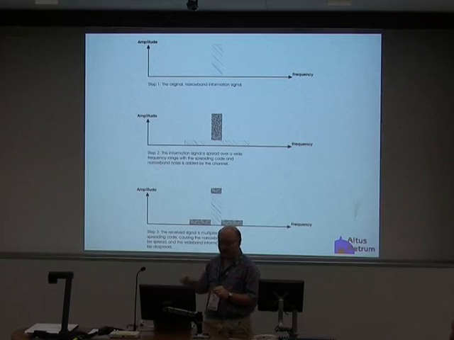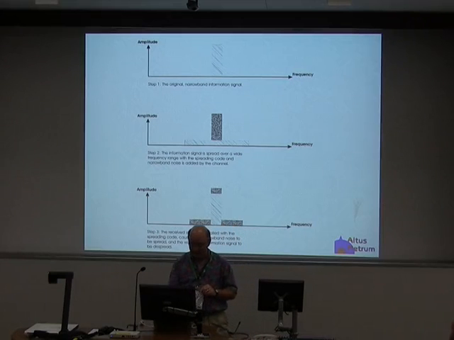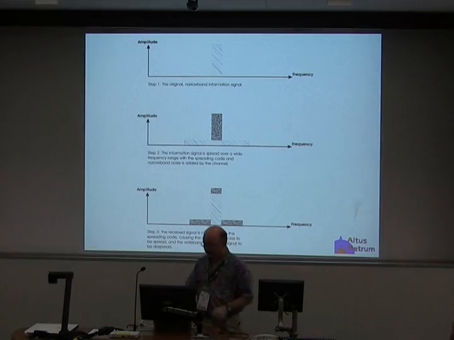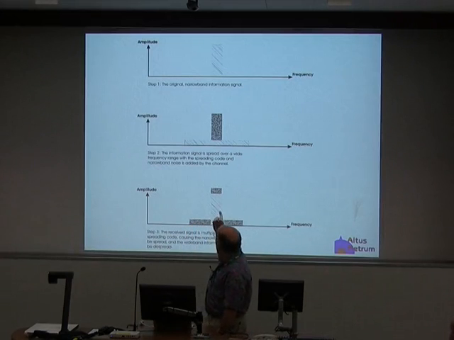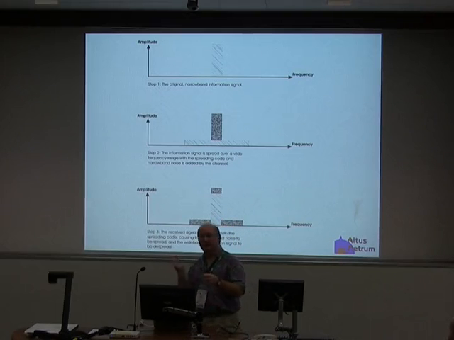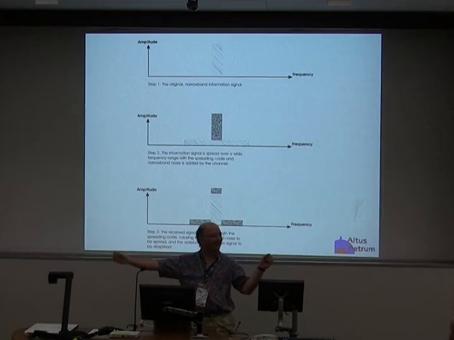Now I'm going to mix in some narrowband noise right here. Oh, you can't see my mouse, I apologize. Mix in a pile of narrowband noise. And the awesome part is when I demodulate, I take the signal and multiply it again by the same pseudo-random sequence. What does that do to my narrowband noise? It spreads it out over this huge spectrum.